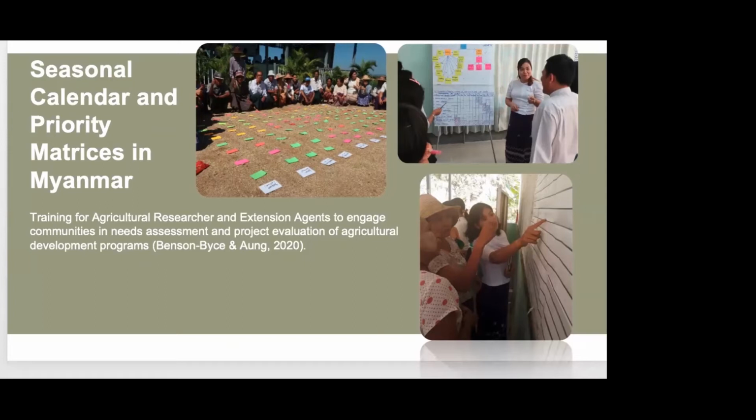agricultural development programs. And so I worked with extension agents and researchers on many skills, but focused quite a bit on participatory rural appraisal. And the training culminated in visits to farming villages outside of Naypyidaw in southern Myanmar for the participants to apply what they had learned, partnering with a local extension agent there. So the purpose was to identify the perceived needs from the farming communities specific to rice production, because this was a rice producing area of